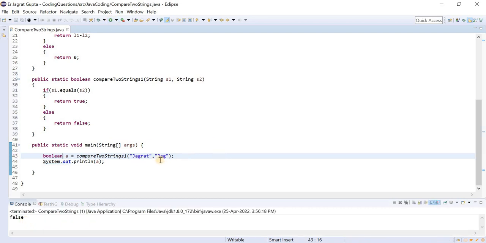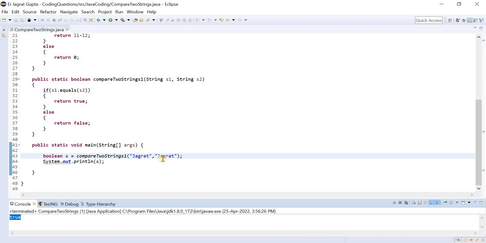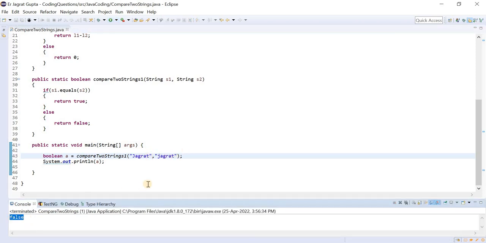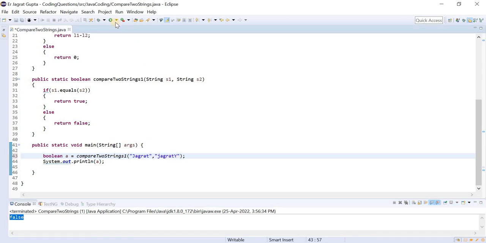See, it is returning false, means both strings are not equal. Now it should return true. So you can see that it is returning true, means both strings are equal. Okay, now I changed capital J to small j. So again you can see that it is returning false because both strings are not the same. Here it is capital J and here it is small j. So you can see that everything is working fine with the help of this particular equals method. So it is also false. So this is another way to compare two strings with the help of the equals method.